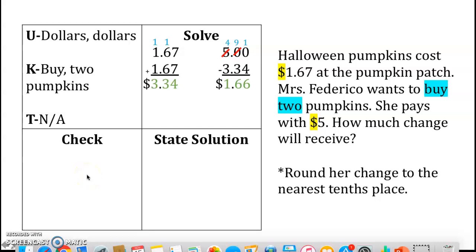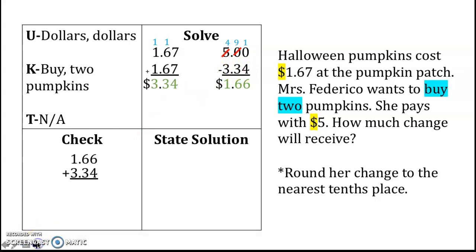Now, the thing that fifth graders get confused on is, okay, I know I need to add, but what numbers am I adding? You're going to definitely use the answer to your subtraction problem, the difference, as one of the numbers. And what I like to do is I like to look right above whatever the difference is, and that is the number that I'm going to be adding together. So the addition problem that we get is $1.66 plus